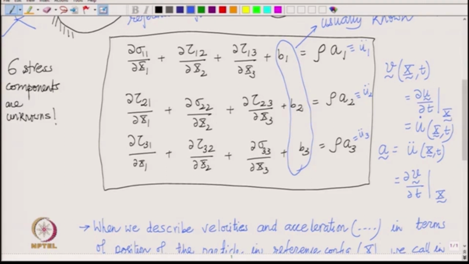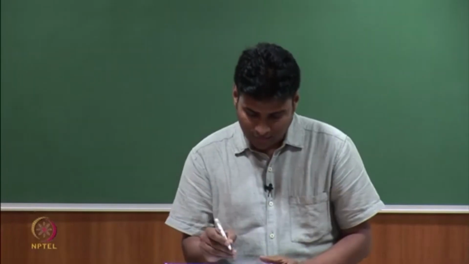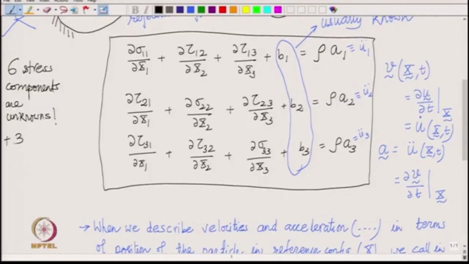So, what are the unknowns here? Can you see? It is the 6 stress components plus the 3 displacement components. So, we have actually 9 unknowns, is not it, but only 3 equations. See, we have already used the symmetry of the stress tensor, that is why we have only 6 stress components as unknown, otherwise we would be having 9 components as unknown. So, we have no other equation to use, we have only 3 equations, but 9 unknowns, we cannot solve it, right. So, we need something more, so that we can solve this equation,